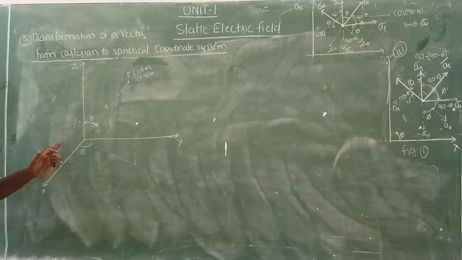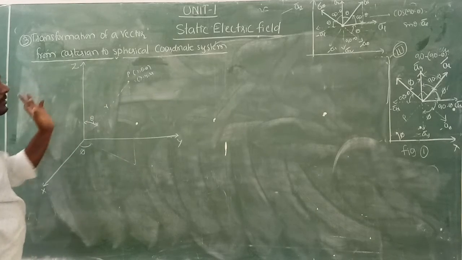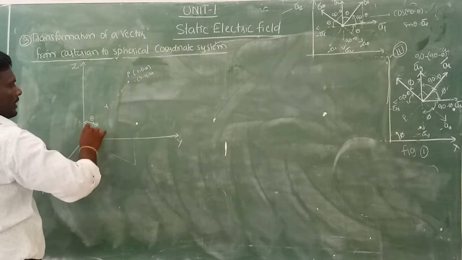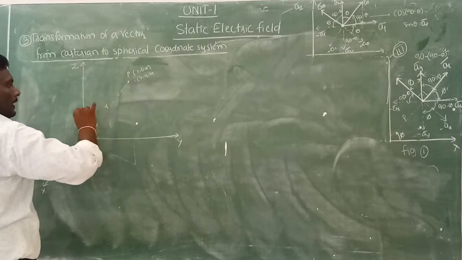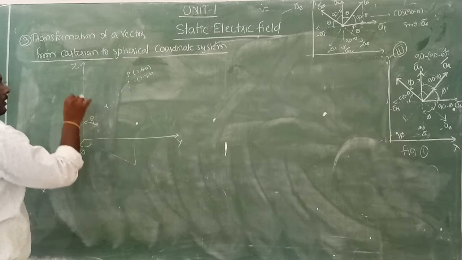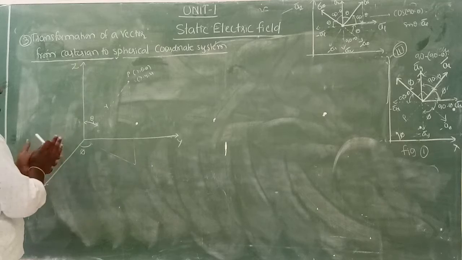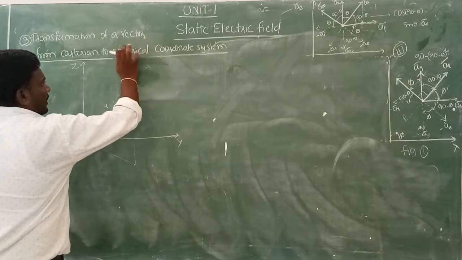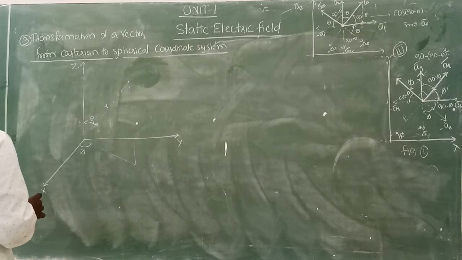Is it clear? So x units on the x axis, y units on the y axis, and z units on the z axis, so x y z is the point. It is the same as r units distance, where theta is the angle from the z axis to r, and phi is the half plane angle, so that it indicates r comma theta comma phi. And now we will see the unit vectors' directions.